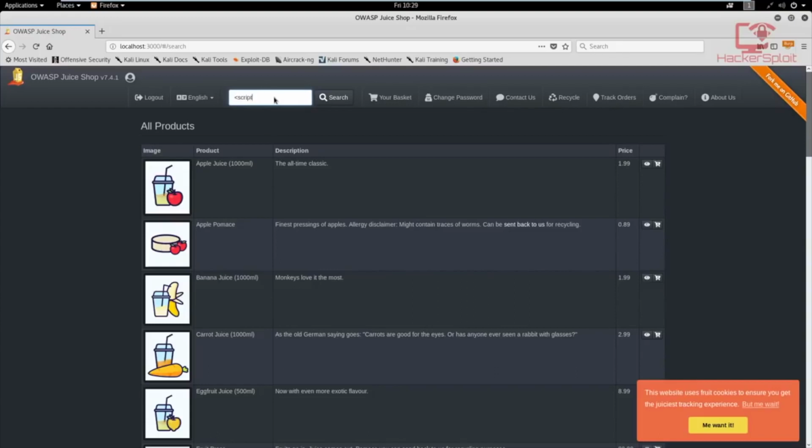In the alert we can say hello world. Then we close the script, and let's hit search, and voila, we can see that indeed cross-site scripting works,